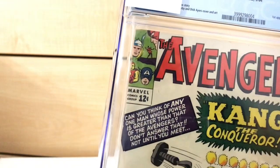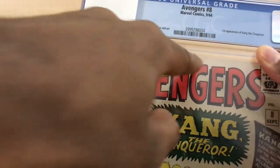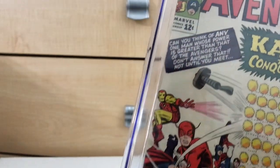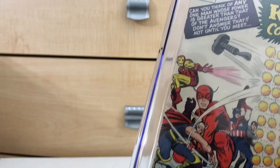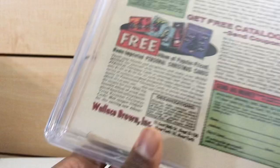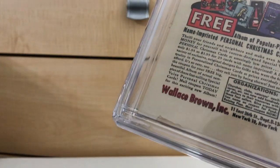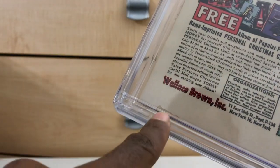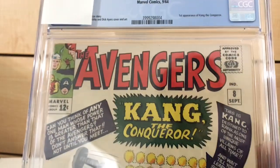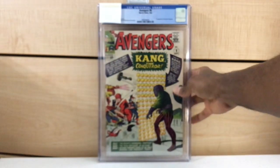So let's get close on this. There's a tiny chip right there. The overall book is pretty damn clean. The main issue to me is that you have another chip right at the bottom right there. But overall, this book is damn solid. It's supple. You know what I'm saying? Look at that. Very clean copy, especially for